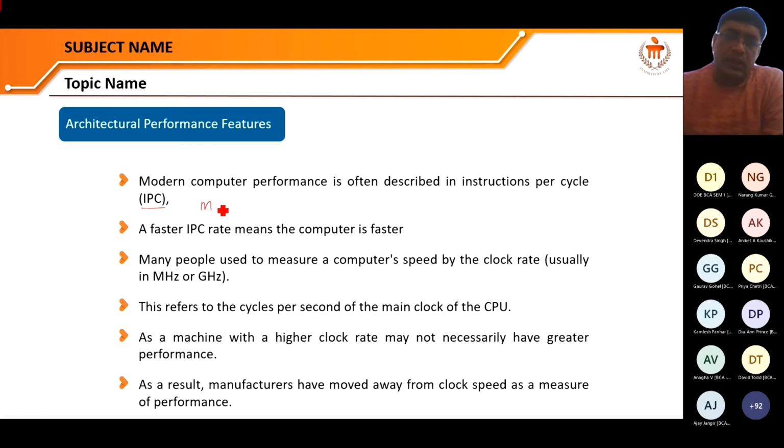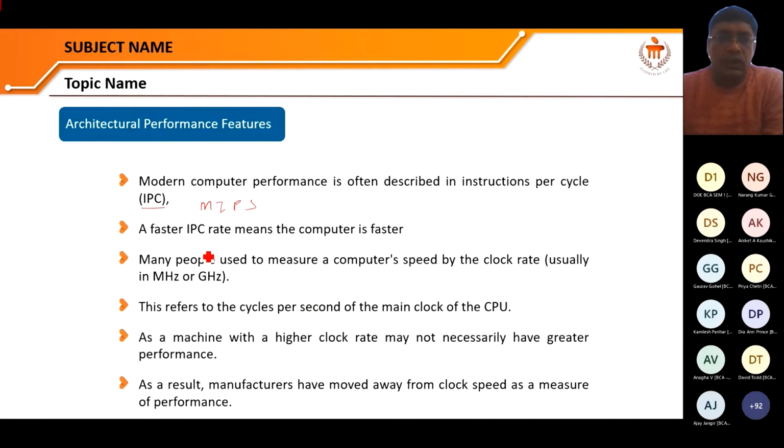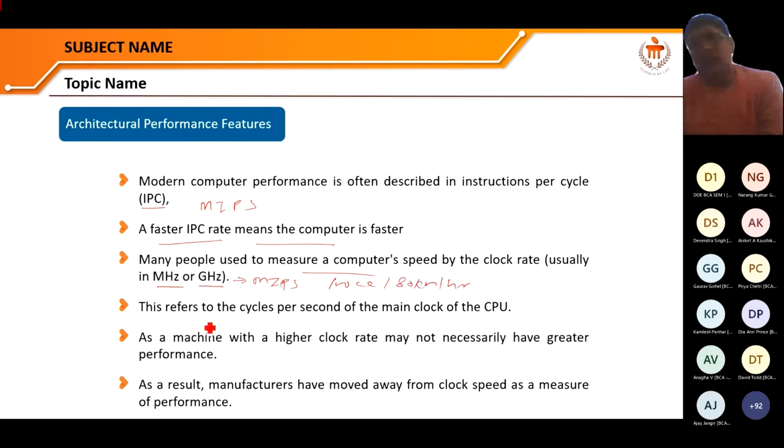We have already discussed in previous slides that they measure computer speed by the clock rate. And what is the clock rate? Megahertz and gigahertz, but it is mapped by MIPS, like 100 cc bikes running at 100 km per hour. And if we have a 350 cc, it means we can go faster than the 100 cc, maybe 120 or 150 kilometers per hour. So gigahertz and megahertz show the clock. If the clock speed is higher, the system can perform multiple tasks in a certain amount of time.